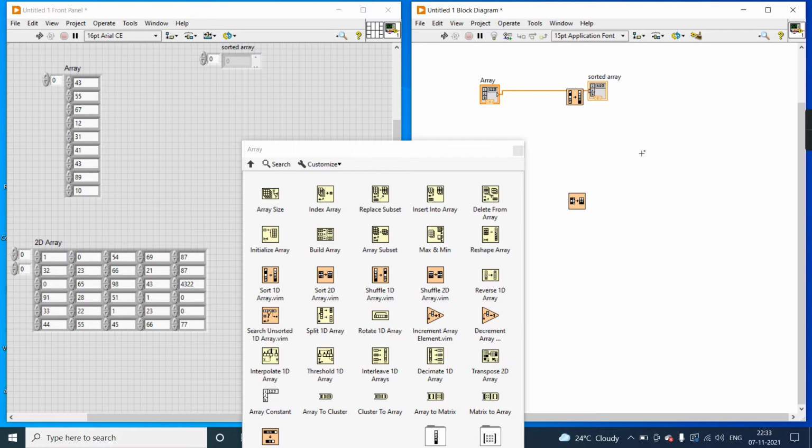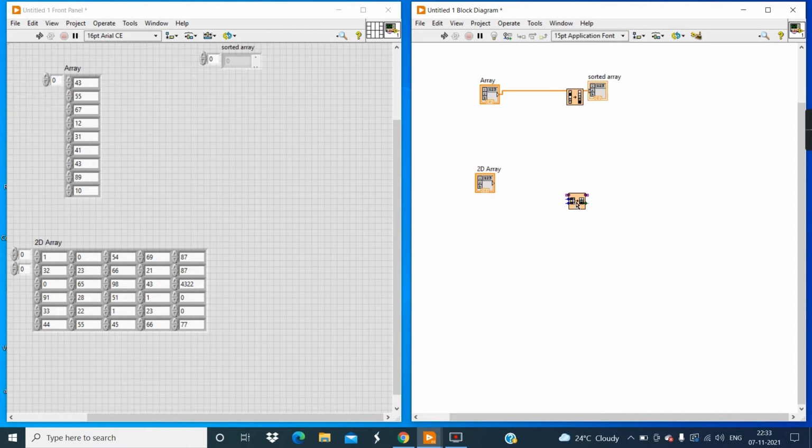Now come to the function of sort two-dimensional array. First close this palette. The function of this tool is that it rearranges the rows or columns of a two-dimensional array by sorting the elements in the specified column. Specified column means I will specify the column from this terminal, dimension to index, which column, 0 and so on.